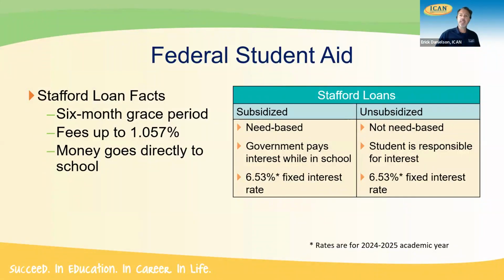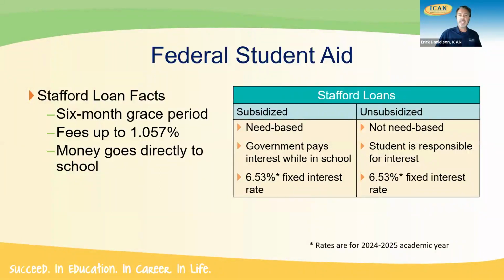Entrance counseling is a 20 or 30-minute, really open book test, you could almost say, at studentaid.gov for first time borrowers of the Stafford loan. There should be information on how to do that and where to go sent with you when your financial aid packages went out, if you need that Stafford loan money. Now, I will tell you, if you don't need to borrow the Stafford loan money that is given on your financial aid offers, by all means, you don't have to. If something comes up during the school year and you need to take it out for, let's say, second semester, then that can still be available to you.